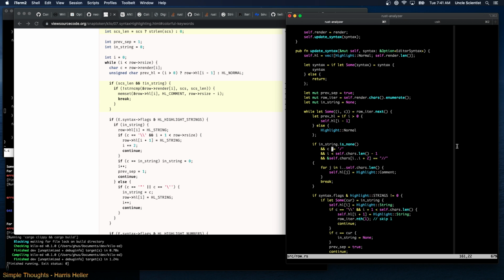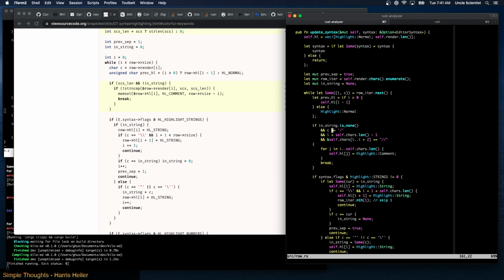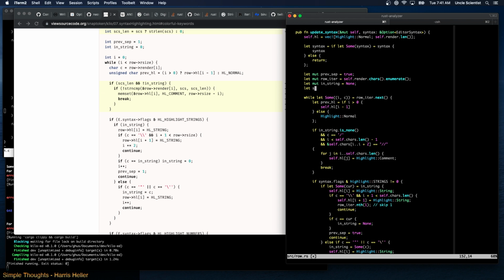So if in-string is none, and we have a thing. Okay, so we just want to grab the syntax then. The syntax of the character string. So we're going to say SCS. Yeah, SCS is equal to syntax dot